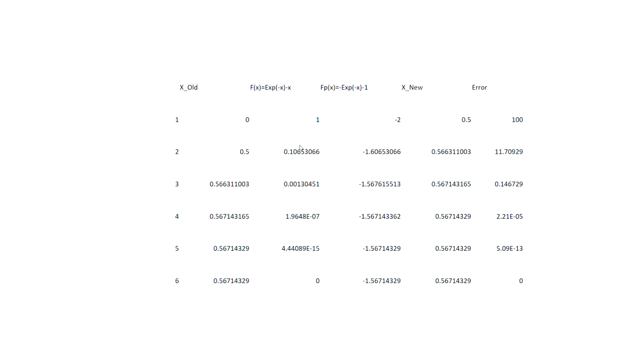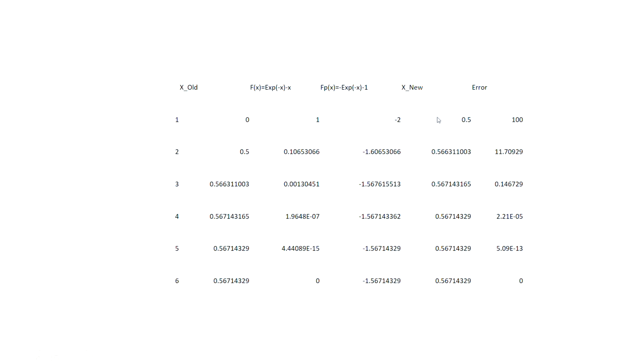So here is that function f of x that is given as exponential minus x. Here is the f prime x that is minus exponential minus x minus 1. So let us say if I start with x old as 0. In the first iteration I will calculate f of x, that will come out to be 1, f prime x, that will come out to be minus 1, and with the help of the Newton Raphson formula, that is x old minus f of x old upon f prime x old, that formula will give me